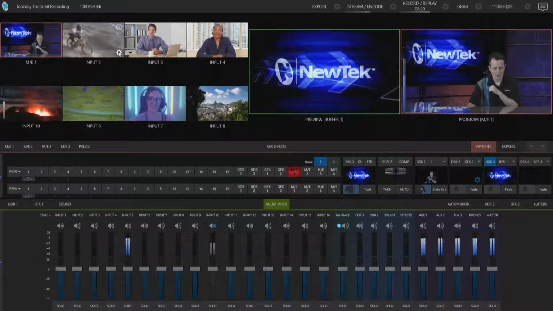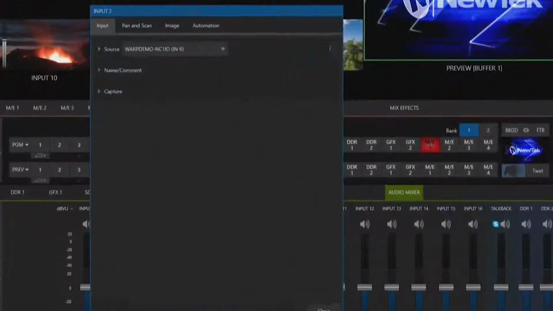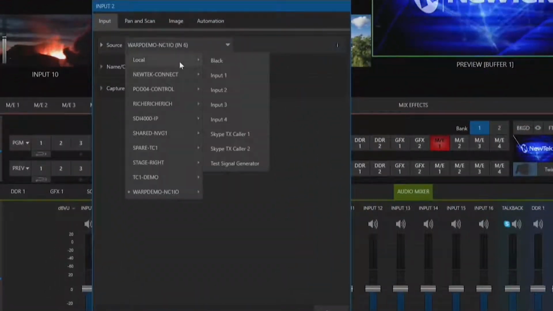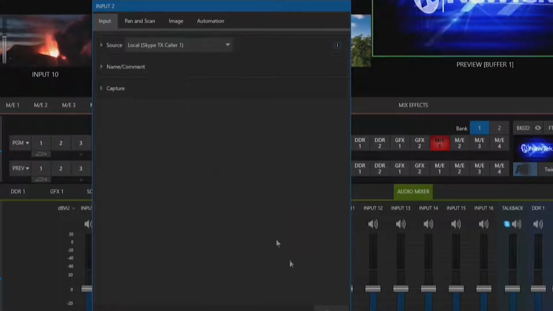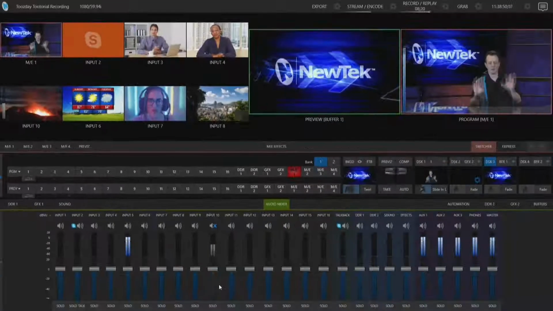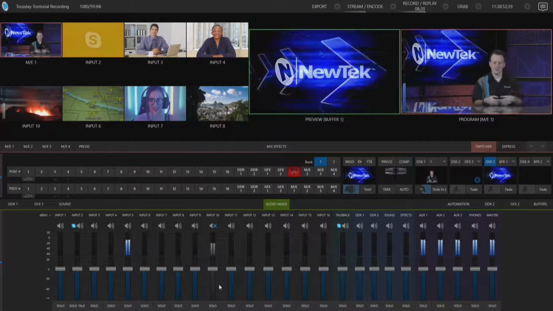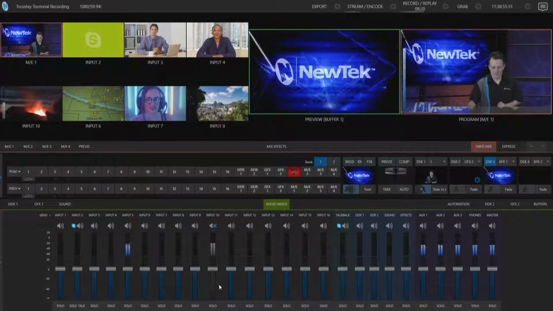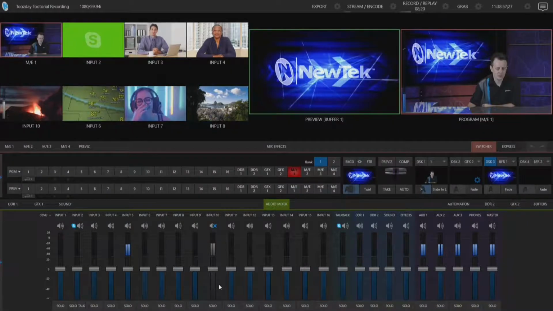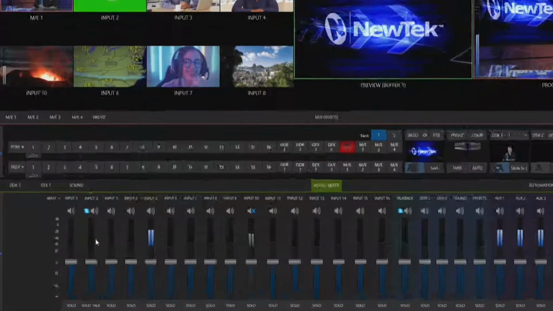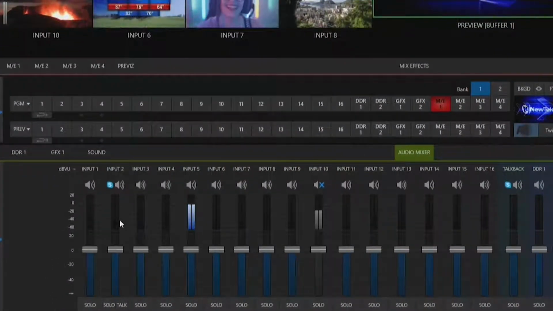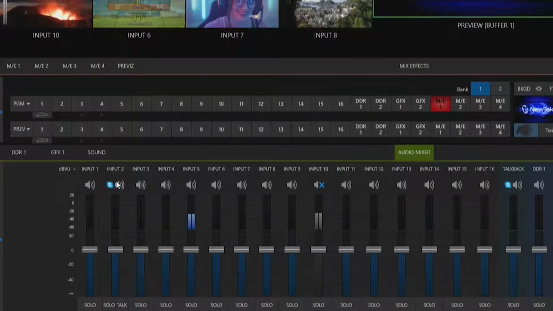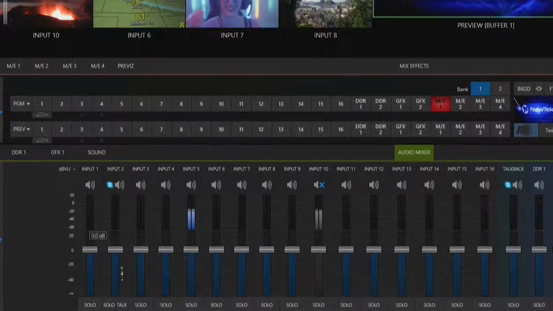Okay, so let's go ahead and I'll go into input number 2 here. And on my source drop down, let's select my Skype TX caller number 1. All right, now I'm not going to bother anybody to do a Skype call right now, but in my previous videos, that's where we had our Skype call coming in. And if we look at the very bottom of the screen, input number 2, now you'll see a few changes here to that particular audio channel. So now I have a Skype icon next to it, and all that really means is that it's identifying that this is a Skype caller that will also receive the Talkback audio when we press this button here at the bottom,